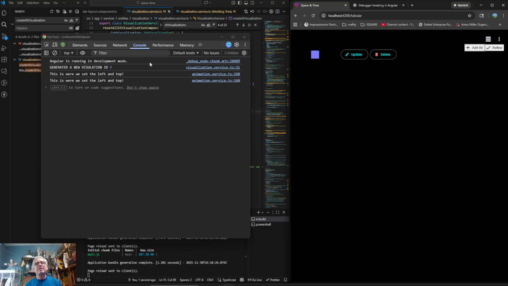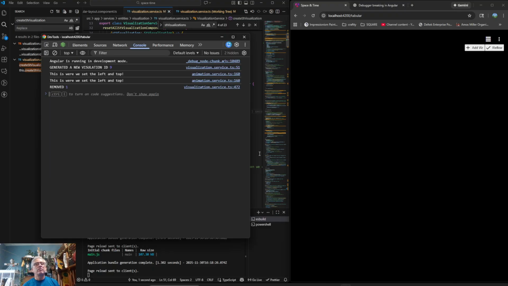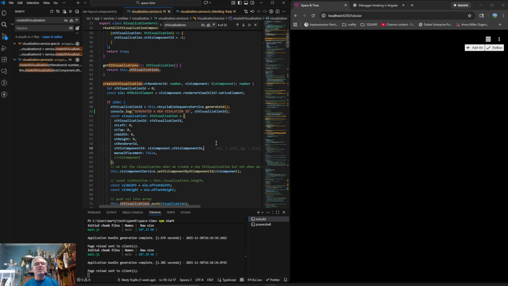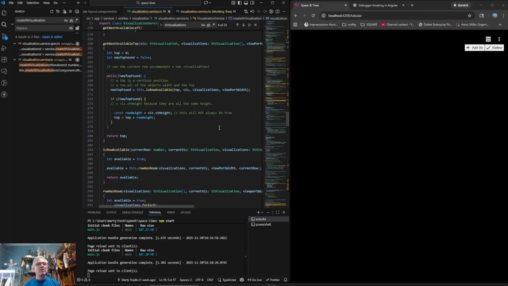Okay, so we created visualization ID number 9. So at the very least, when we delete this, we need to delete visualization ID number 9. I don't think we want to delete the renderer, because the renderer, well, yeah, we actually do want to delete the renderer, but probably not. We definitely need to delete visualization ID number 9, but we need to get the visualization to figure out the right one. So this remove number 1, which is on line 472, is not what we're trying to delete there, because on 472,